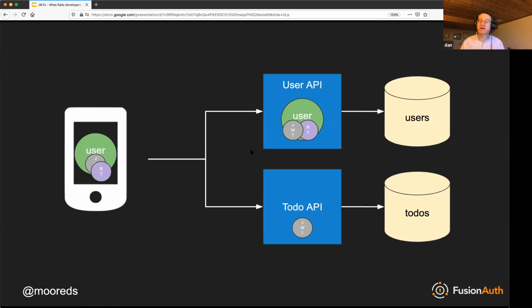So how does this work with the diagram in practice? The user API basically generates a JWT and a refresh token when a user authenticates. They pass both of those to the client. The client presents the JWT to the ToDo API as in the previous scenario, and the ToDo API is happily accepting that JWT until 5 minutes have passed, or whenever the expiration time is, in which case it says, oh no, I can no longer give you Dan's to-dos because this JWT is expired. And maybe it gives me a 403 or something.